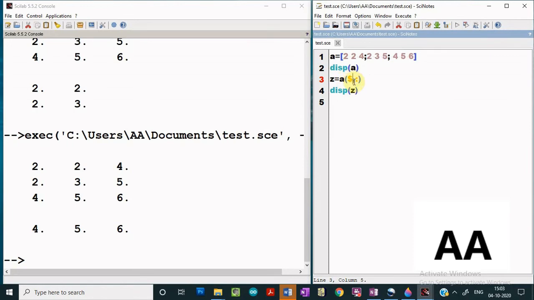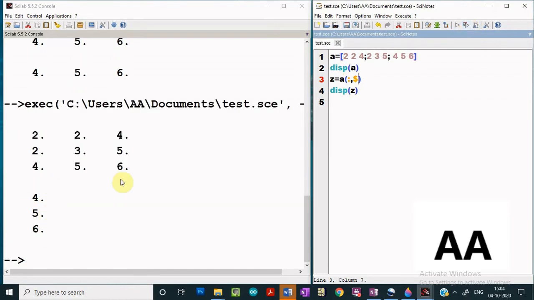Similarly, if I am interested in accessing the last column element, then what I have to do is pass something like this, all rows and the last column, and I should be able to get the last column. So see, we are getting the last column.